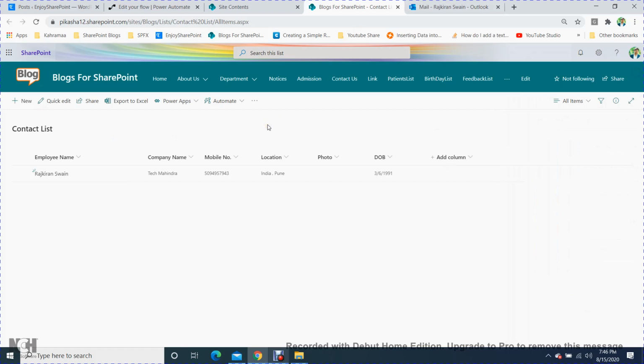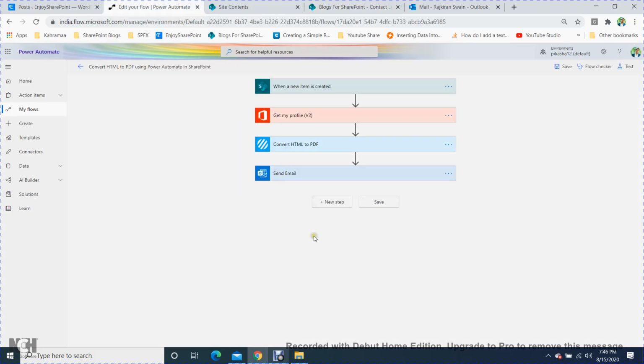So how will we do it? Before you choose that flow, you have to configure the email settings in Power Automate. Once it is successfully configured, this page will come.